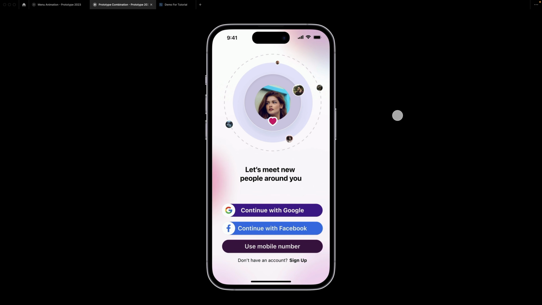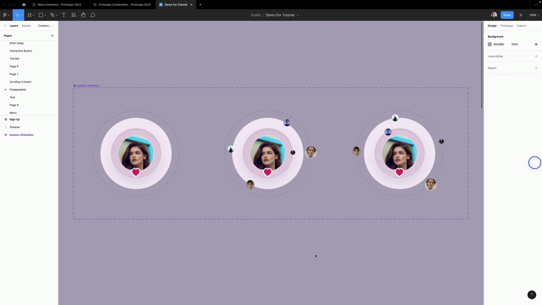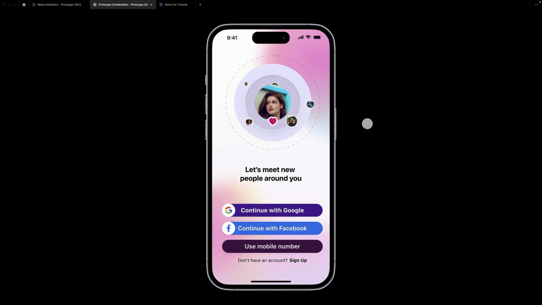After delay animation is a useful tool for creating short, smooth, and natural animations. The design is already created, so let's move directly to the prototype. I created 3 different designs for the avatars because I want the animation to play 2 different ways. I want to create a structure like a solar system revolving around the profile picture, so the friend's avatars will be like planets.